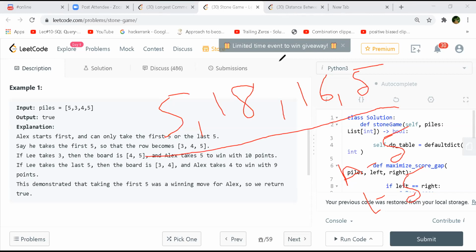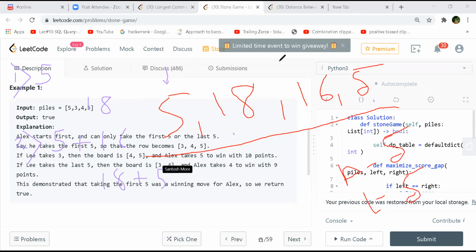Let me annotate, and if someone disagrees, we can always go back. So this is the first case. If I pick this 5, then what is left for Alex? It will be 18 to 6. Now Lee is also a smart guy, so in this case he will pick up 18. So Lee will have 18. What is remaining now is 16 and 15 for me in the case of Alex. So 5 plus 16 if I pick, that guy will pick 18 plus 5. So this is the first case where Lee will win.